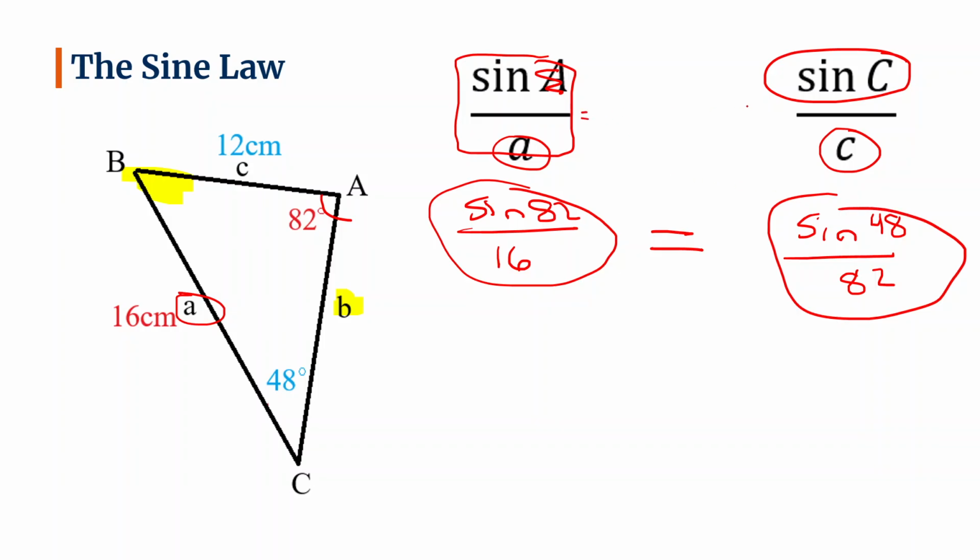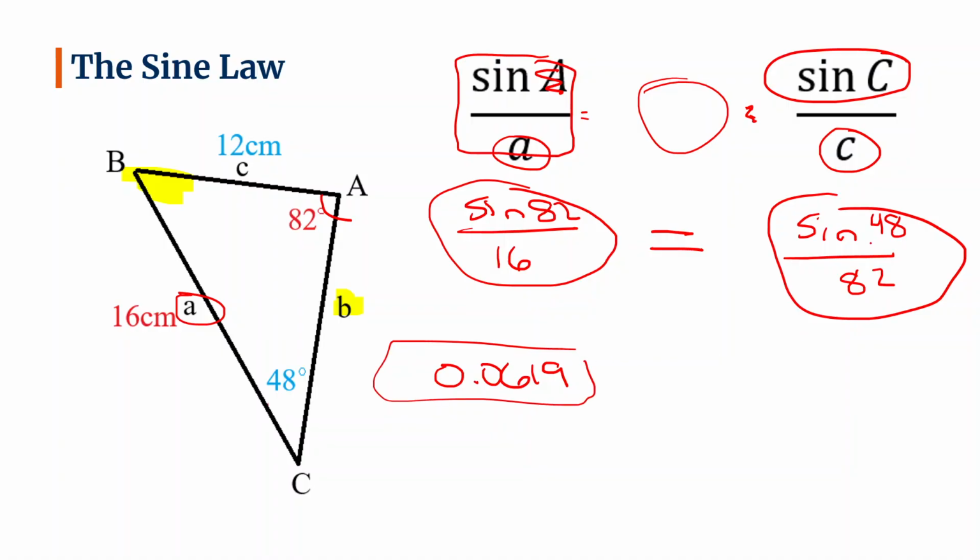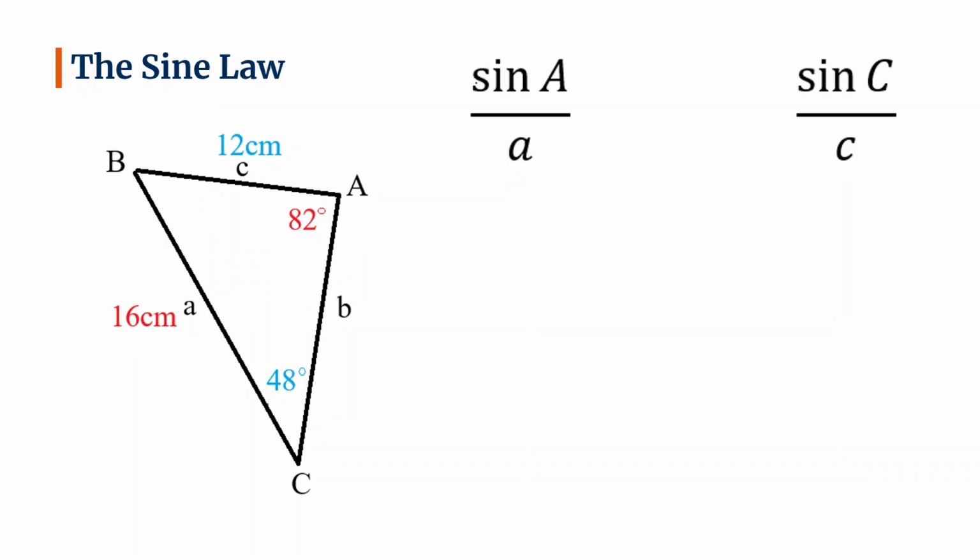Because they were equal, even though there was something in the middle, they must be equal to each other. And in fact, if you take your calculator and calculate sine 82 over 16, you will get 0.619 something. And if you then calculate sine 48 over 82, you will also get 0.0619. These are equal. So basically, someone long before us went through and discovered this fact that for any triangle,